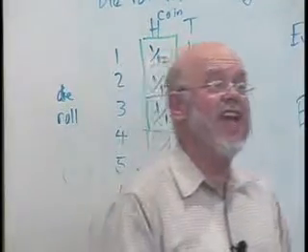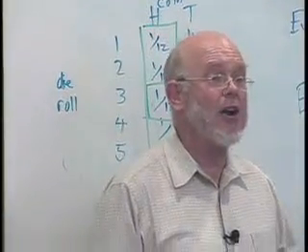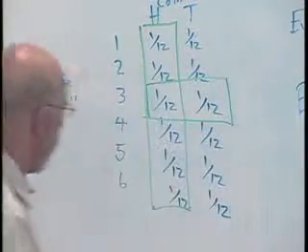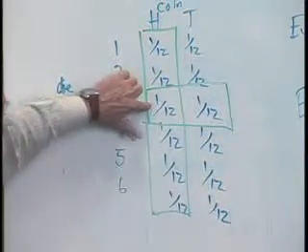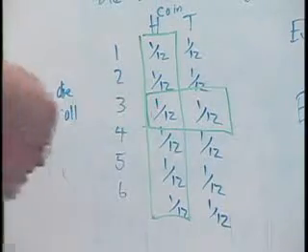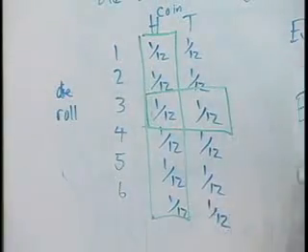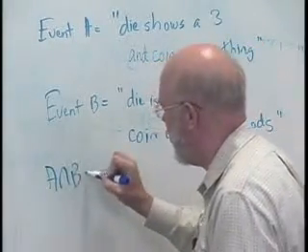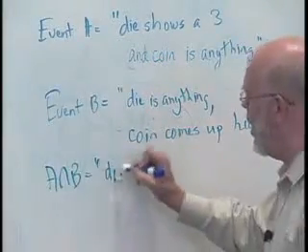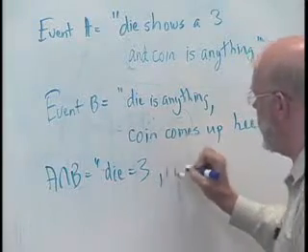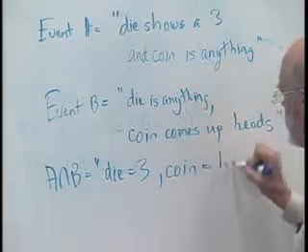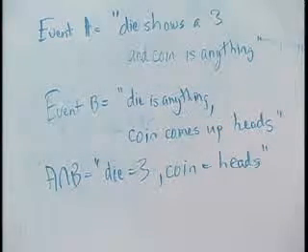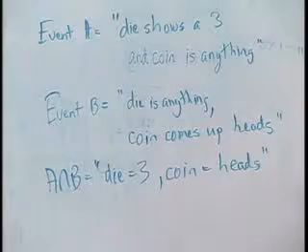Notice neither of these events is an individual outcome in our event space, but both of them are perfectly good events, and the intersection of the two events is A intersect B, which is die equals 3, coin equals heads,